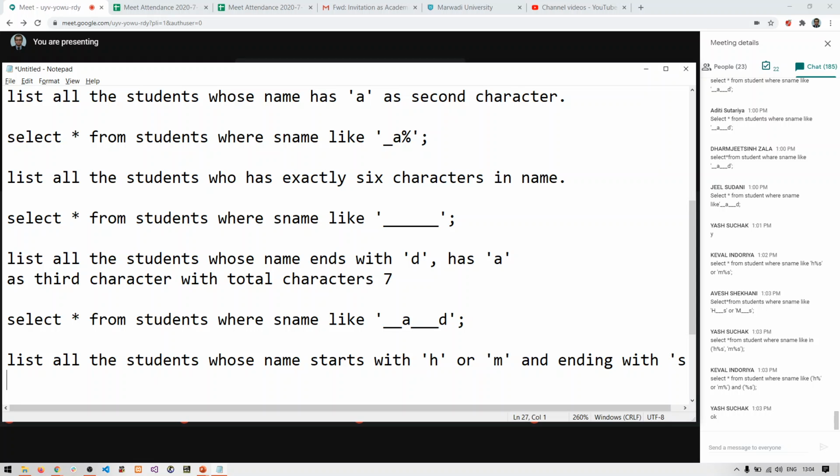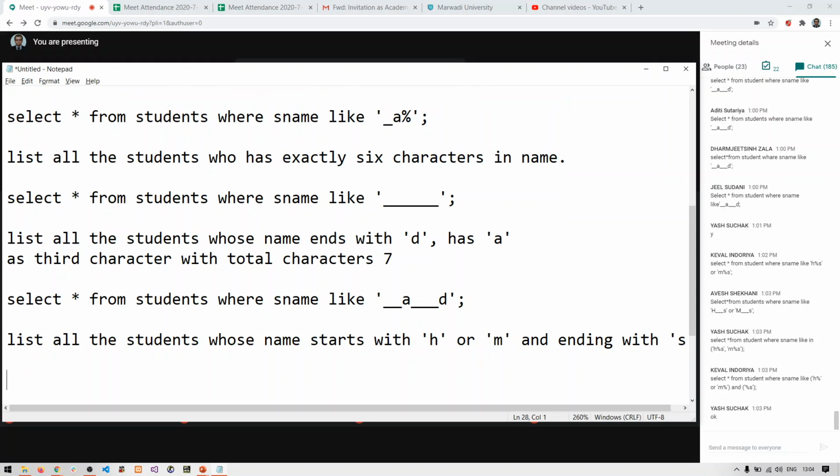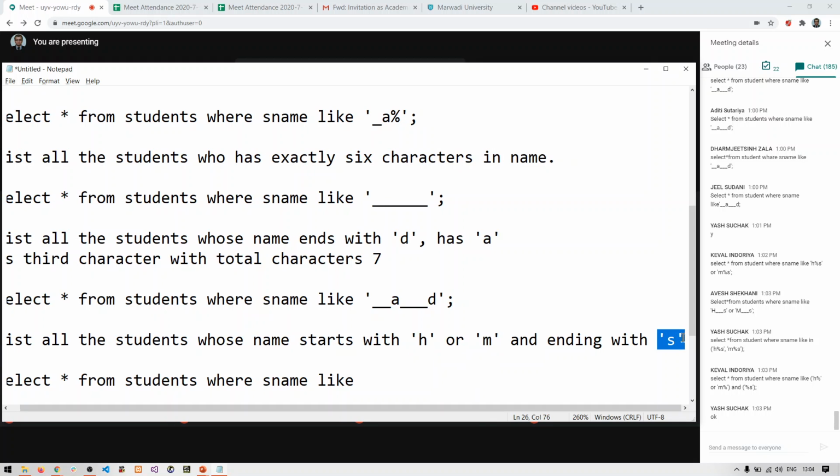So let me write down the answer for this. So you will be able to know what actually you should write. So answer will be like select star from students where S name like. What is the condition? Either the name should start with H or M and it should end with S. This is what the condition is, right?